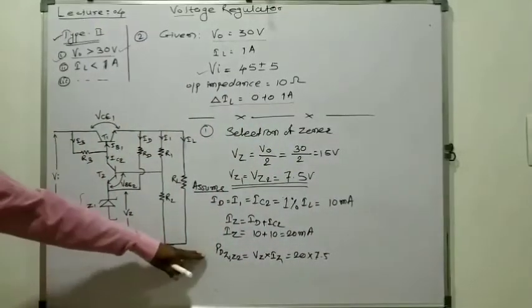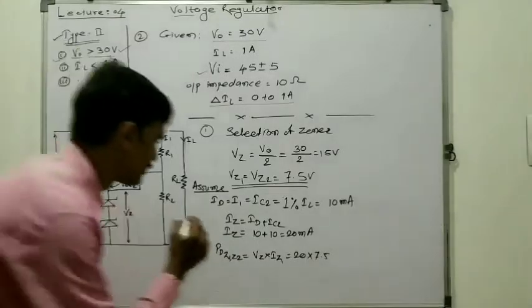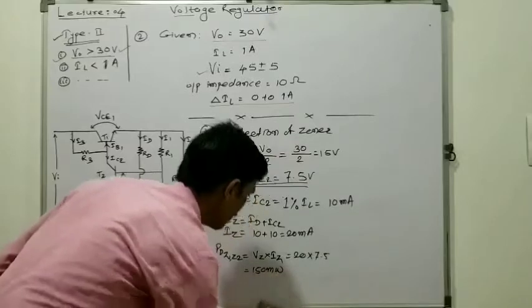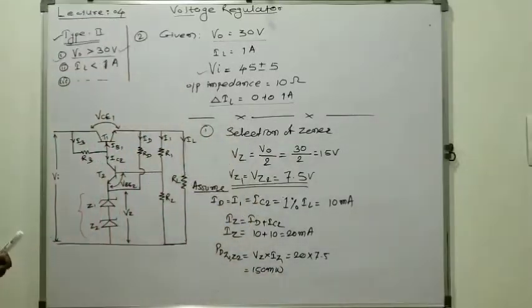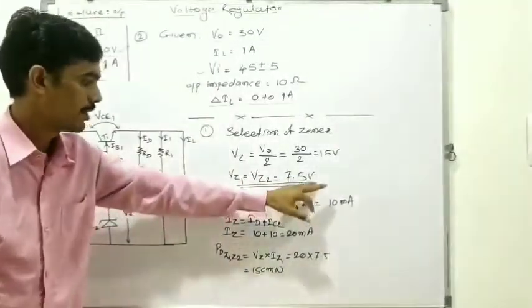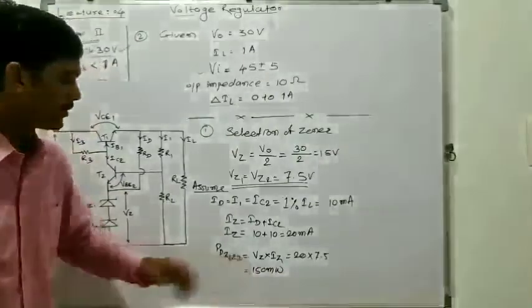So this is nothing but the power dissipation. It is nothing but 150 milliwatt. So we have to select a Zener diode with voltage rating of 7.5 volt and power dissipation of 150 milliwatt. So we can select a